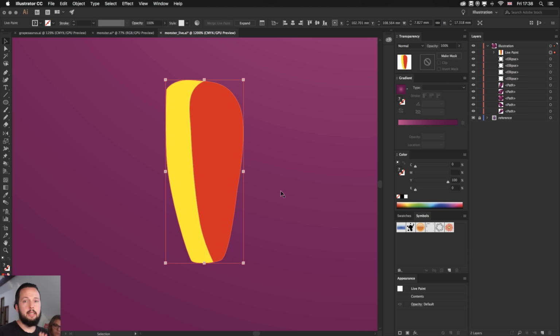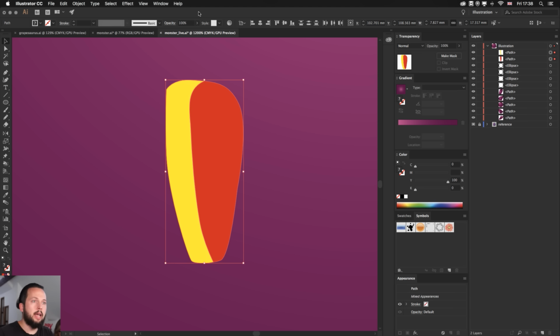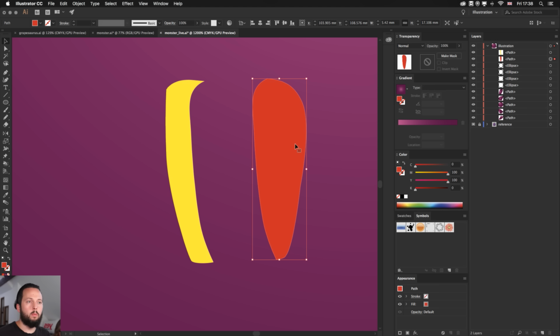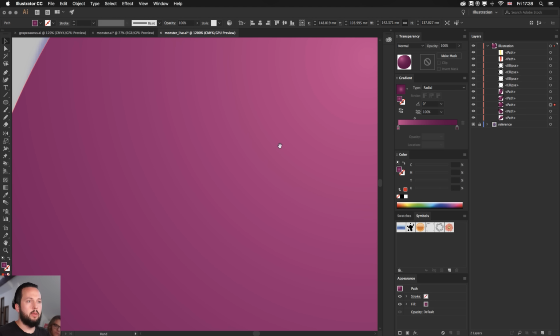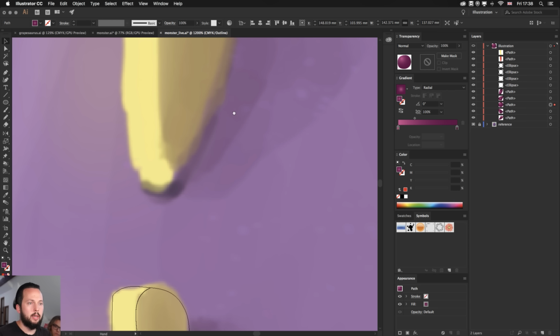But what you need to do is, you don't want to get stuck in Live Paint, you want to expand this. So here on the top, you just click on Expand, and then also ungroup the object, Ungroup, or Command Shift G or Control Shift G. Once you do that, you now have two completely separate objects. So once again, let me just run through this, and then we are going to do the detailing on it.